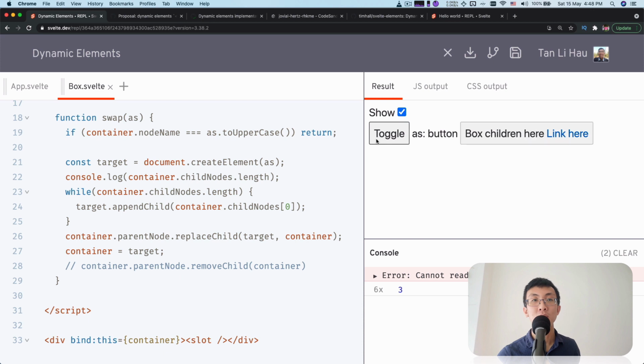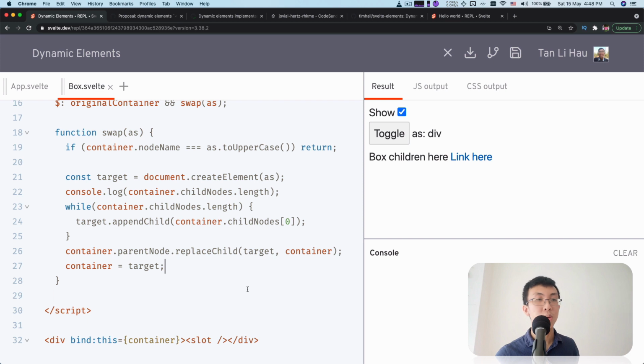So if you toggle and then you turn on and off, everything still works fine as it is, right? So here we've also solved a problem that some of you may have encountered before, where it says I can't call removeChild of parent of null. This is what you need to do,